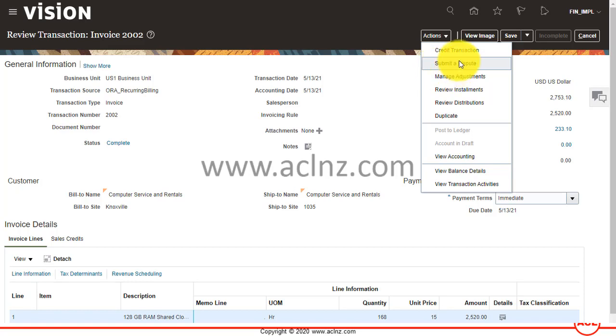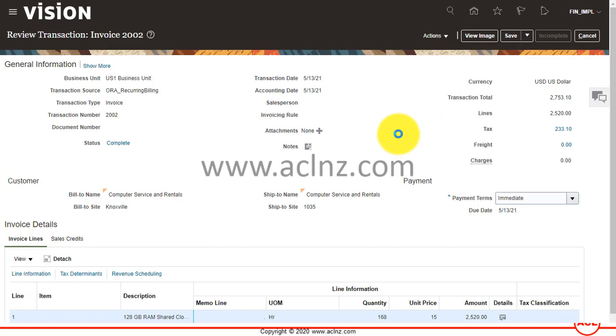Okay, so I'm going to submit a dispute on behalf of the customer. The customer can as well submit a dispute if you give access to this function via the customer portal. But let's say I am like a collector. In this case, I am like a financial implementer, also defined as a collector. But in the next lesson, I'm going to log in as a collector and show you how a collector as such can submit a dispute. So I'm just acting as a collector,